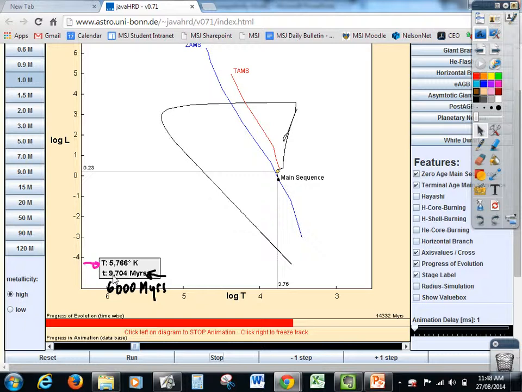In a few more years, it's going to run out of fuel, and it's going to start the next process of its life. Right. We're now at terminal age. We're at TAMS. Our sun is about to die. Okay, there we go. It's 11 billion years, and it's dropped down to